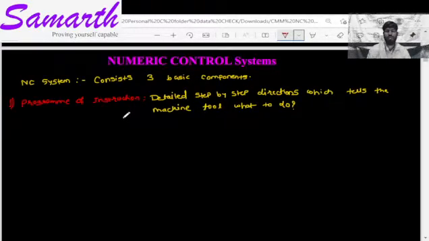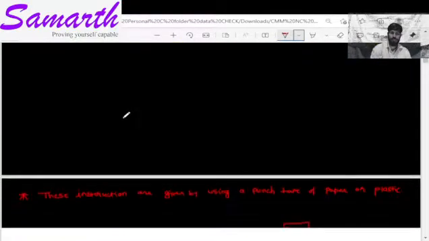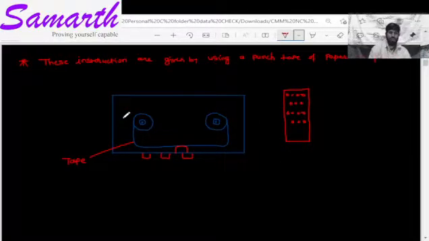You may have seen audio cassettes which were used in earlier days. Here you can see these instructions are given by using punch tape. It is a punch. Here you can see dot 1, 2, 3 dots, 4 dots. The number of dots are there. That means punching is there on this tape which is of paper or plastic. And similarly, like our audio cassette,